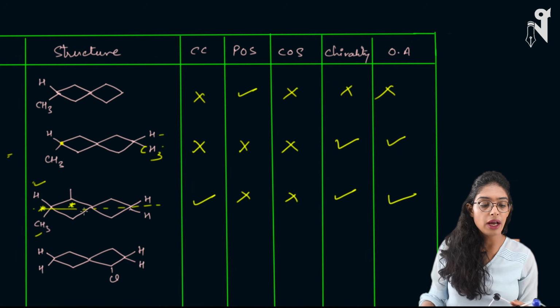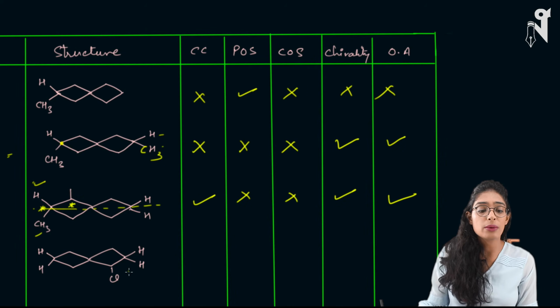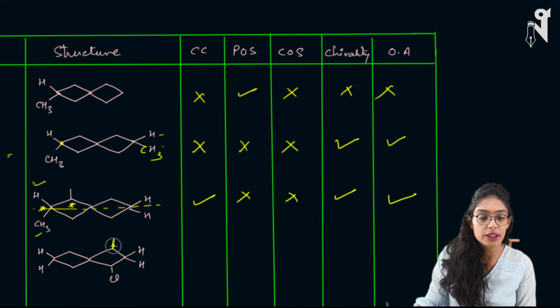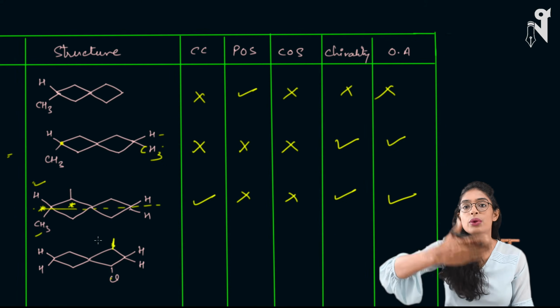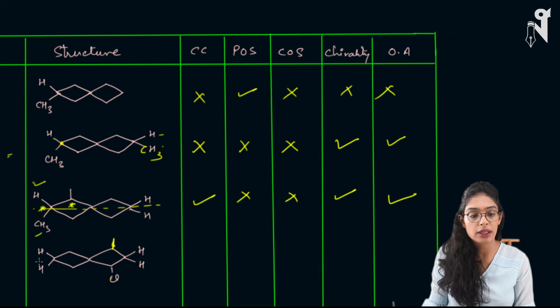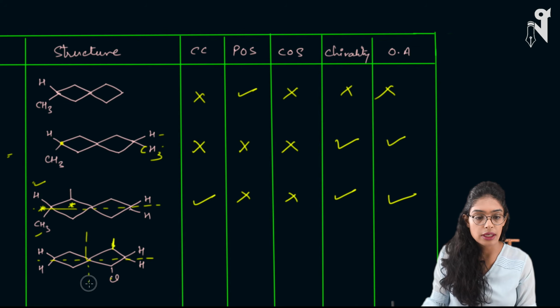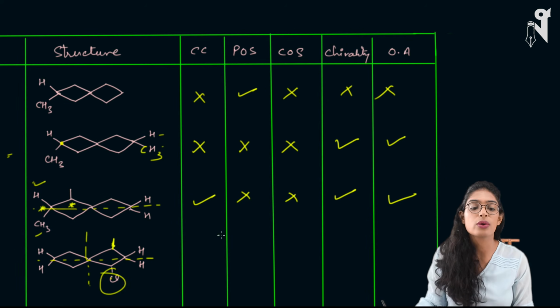In this compound, what we have are hydrogens. So very ideal condition for POS. But will this possess POS? I don't think so. This will not possess POS. Why? Because we don't have chlorine on the opposite side. So if we try to do this vertical cut, we won't get the mirror images. If I cut it like this, then also I will not get the mirror images. If I cut like this, then also I'll not get mirror images. So either way, I'm not going to get mirror images due to the presence of chlorine over here.